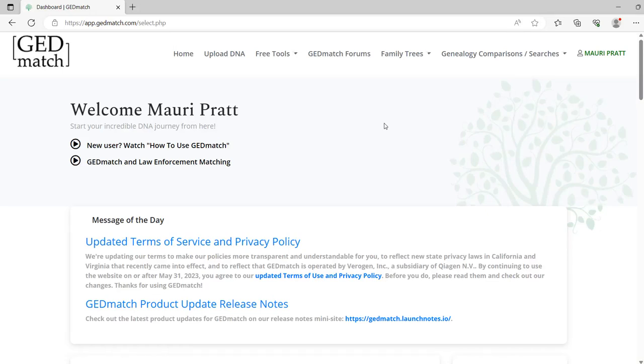Hi, I'm Mari Pratt, and I'm going to show you how to go in and change your settings for law enforcement sharing or unsharing. So the first thing that you want to do is log into your GEDmatch account and